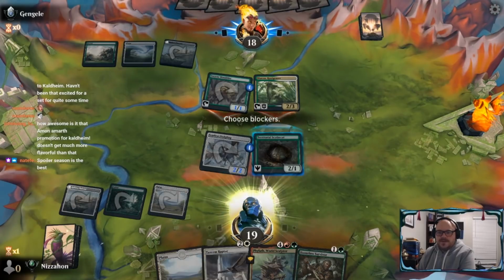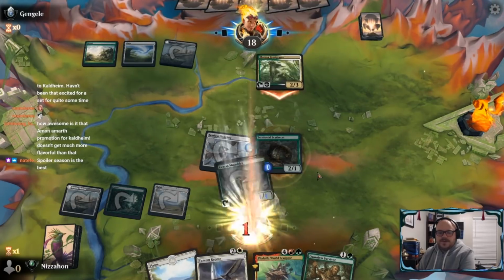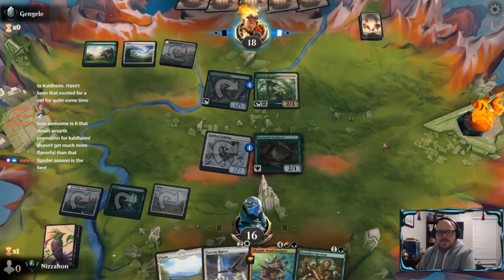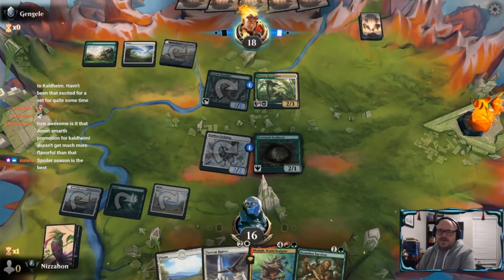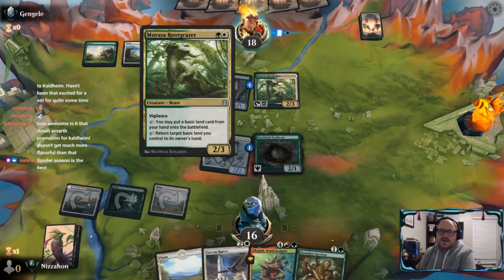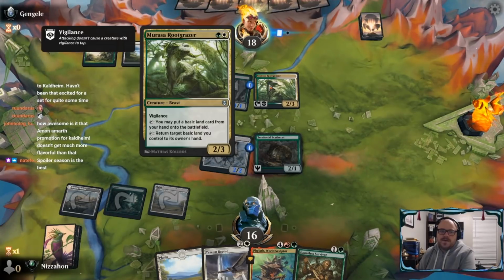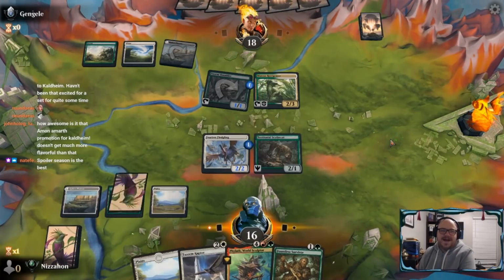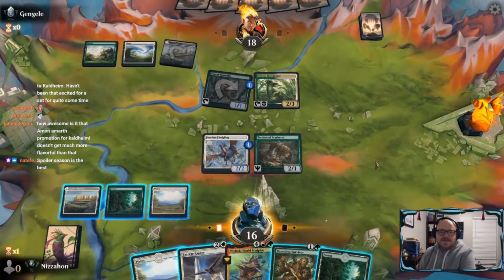Yeah, so we're going to take 3 here. Oh, they have a Kabira Takedown too. They could return it right now and kill my Fledgling if they wanted to. Oh, never mind. It's only basics. That's good. Now they can't do that. Alright, so...